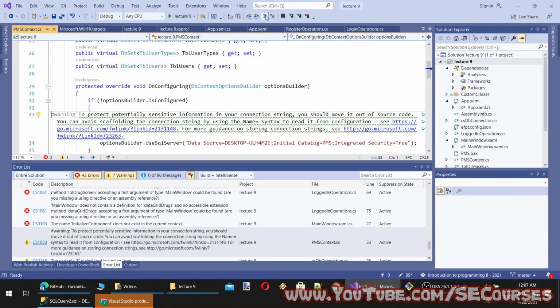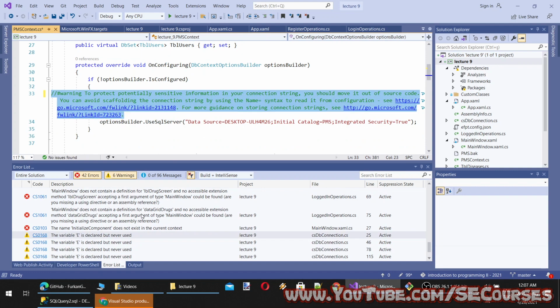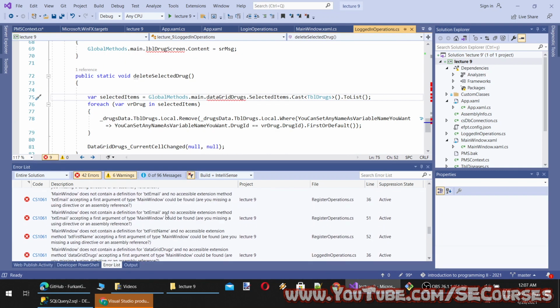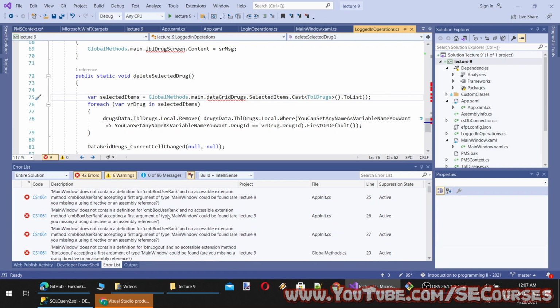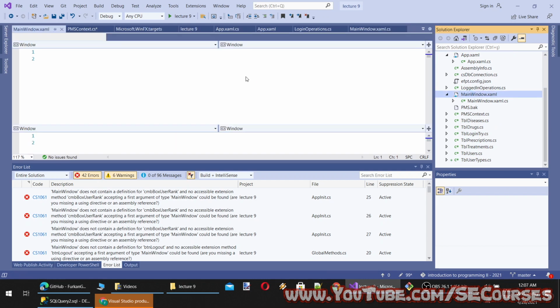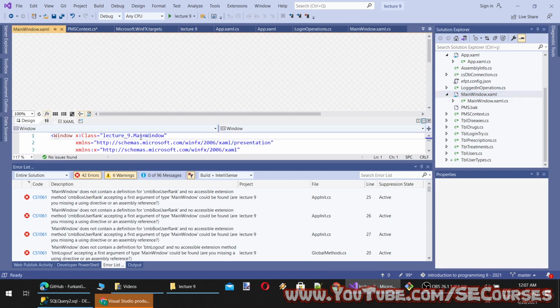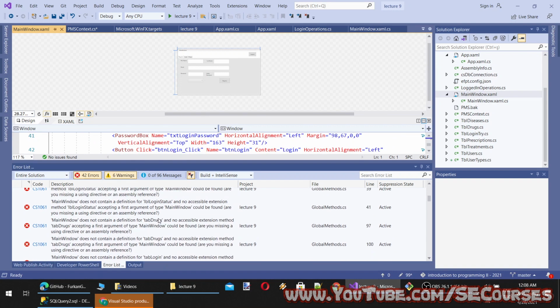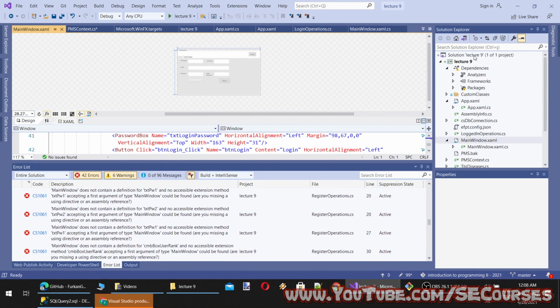Okay, this was an auto-generated code. Okay, so we have a lecture naming problem, and where it is positioned, lecture 9 main window. Yeah, everything looks correct. Maybe we just need to rebuild.